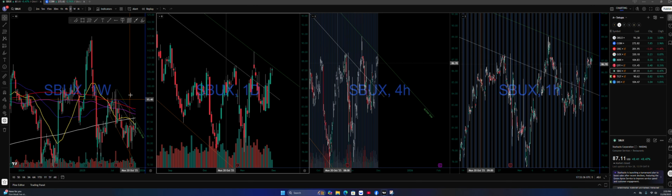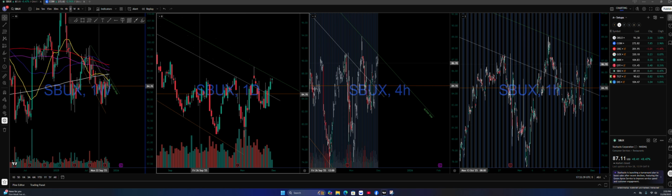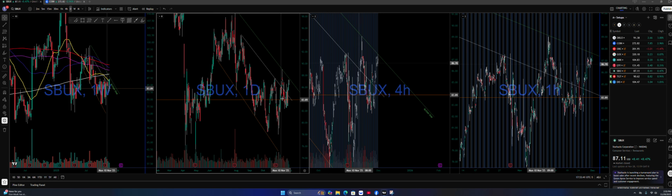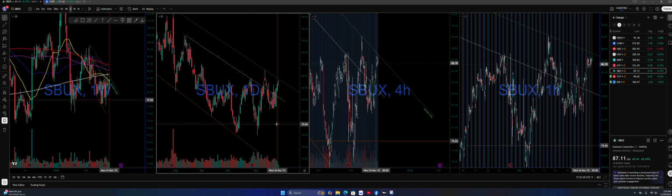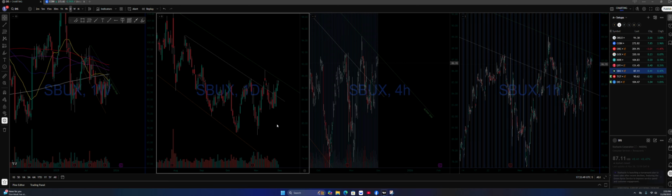Starbucks is starting to show some life. This is all trend line breakouts. It's not super strong, so I'll be more hesitant to get into that. Target I told you about already, and then Disney